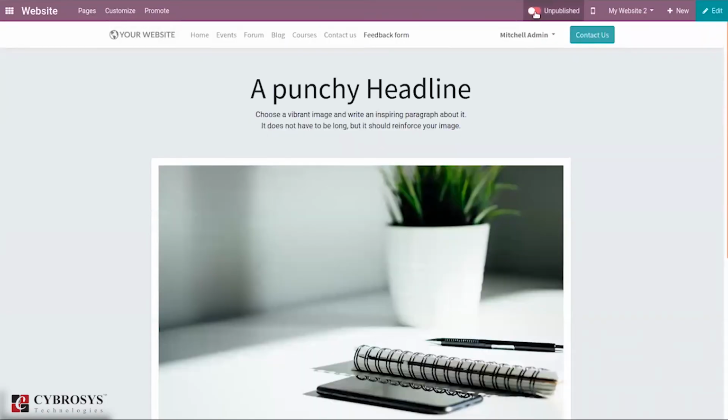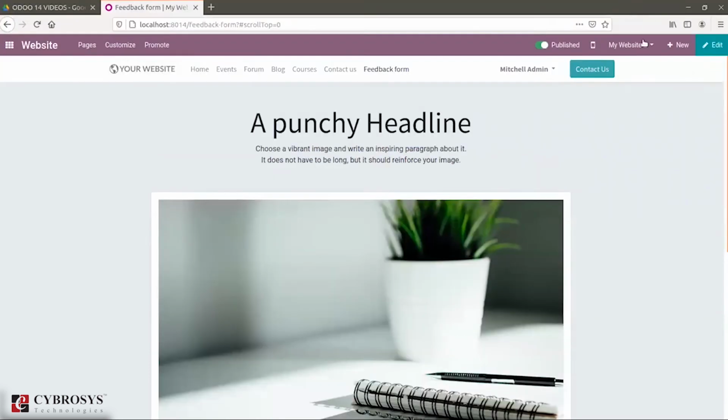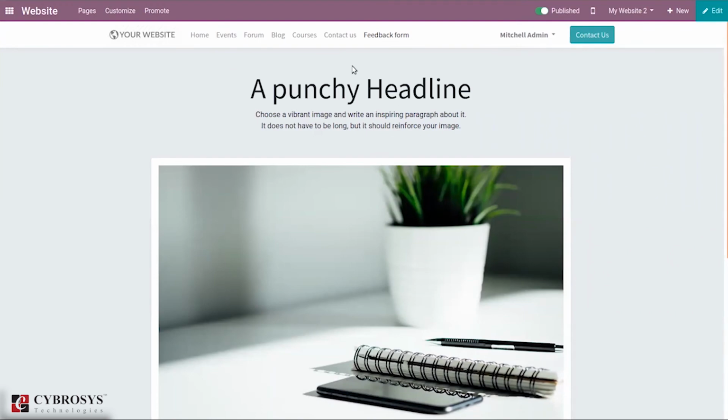As it is a feedback form, you can add a form builder also. So you can drag it from the building blocks available. Okay, so it is published on my website too. So again, if you want to edit, you can just click on this edit. And you can also see some other menus, like we have a